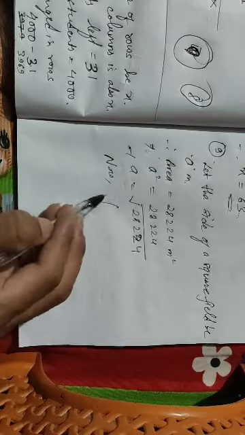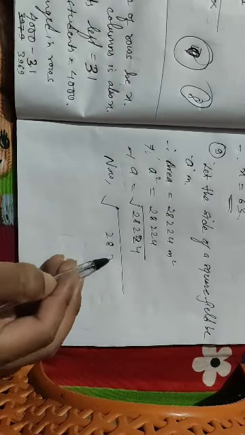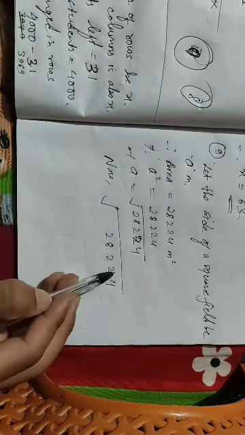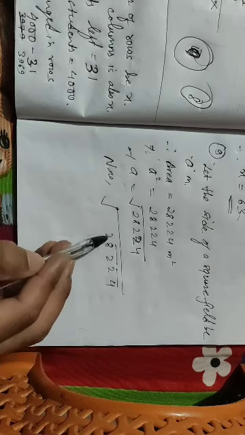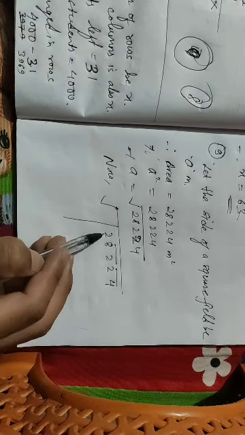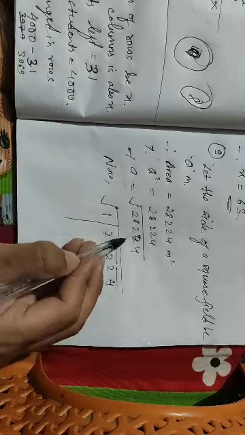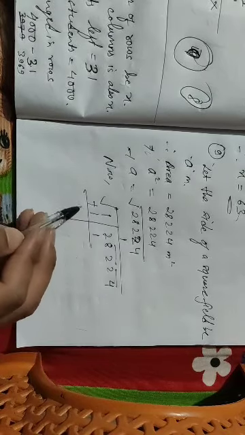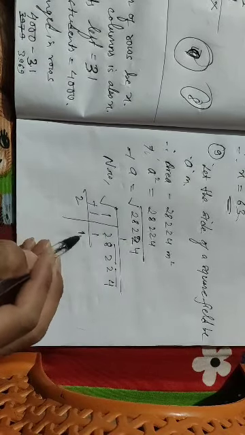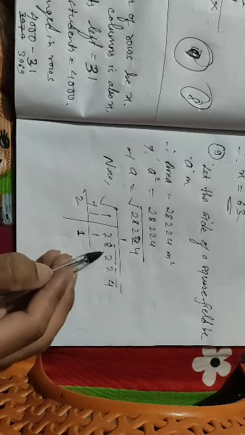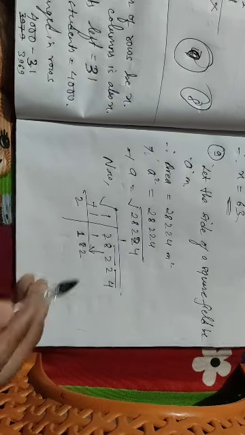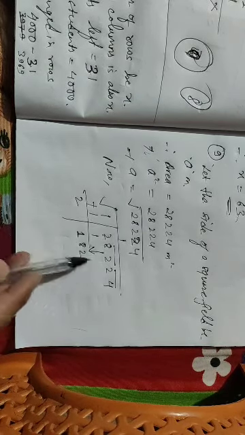So now the square root of 28224. First what will you do? We'll pair from the back. So 2 is remaining, so we'll do only for 2 at first. So obviously 1 1s is a 1. So if I add 1, it will be 2. So minus 1, that is 1. So this will come in pair. So 82, not only 8, not only 2, it will come in pair.